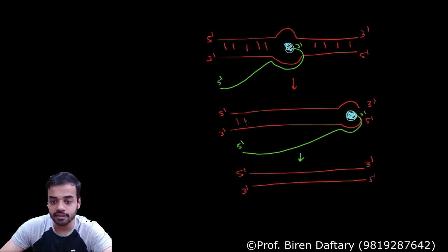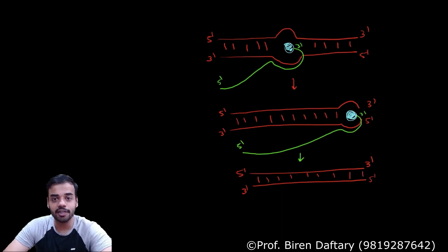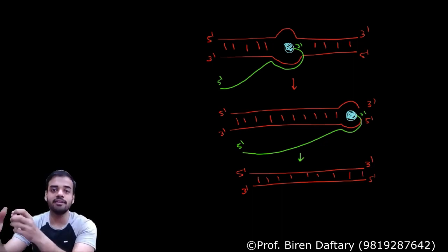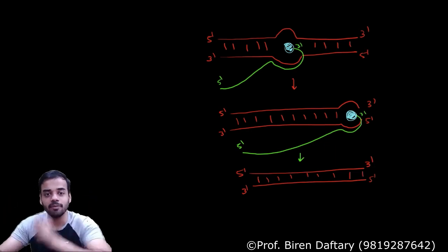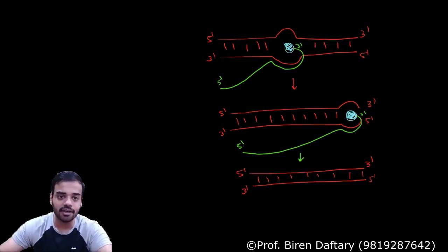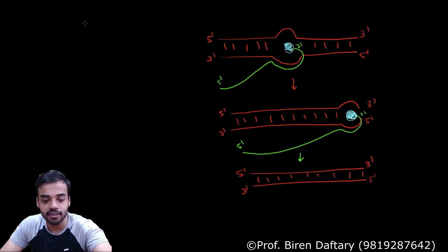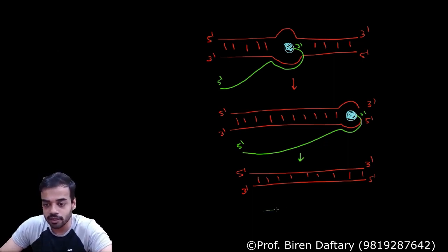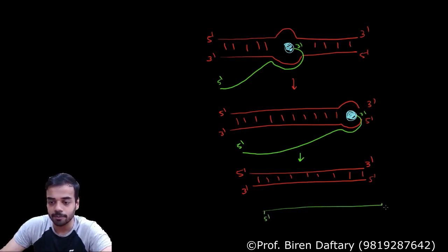So this entire 2 strands will again be complementary to each other, so the DNA is not destroyed. And what will happen is, your RNA polymerase and the mRNA attached to it will be separate, and the RNA polymerase will separate from the mRNA. RNA polymerase will go back, and you will have your mRNA. So the mRNA which we have shown will be over here, and it will be 5 prime to 3 prime.